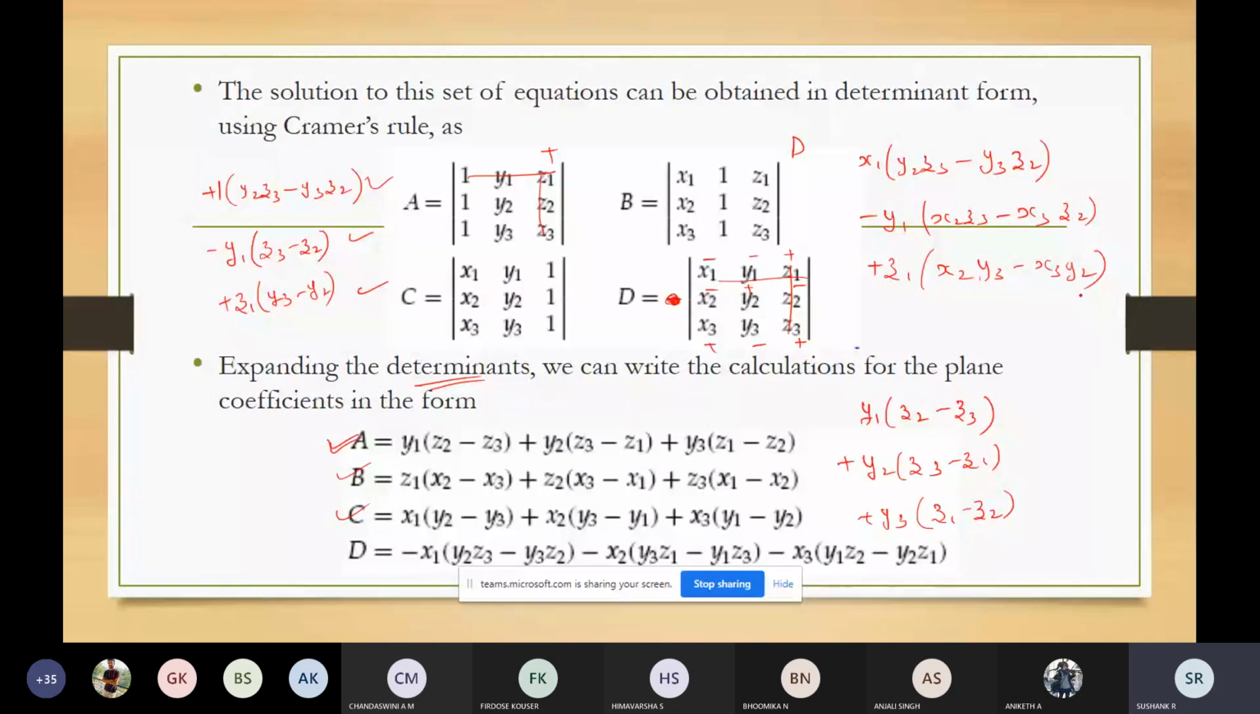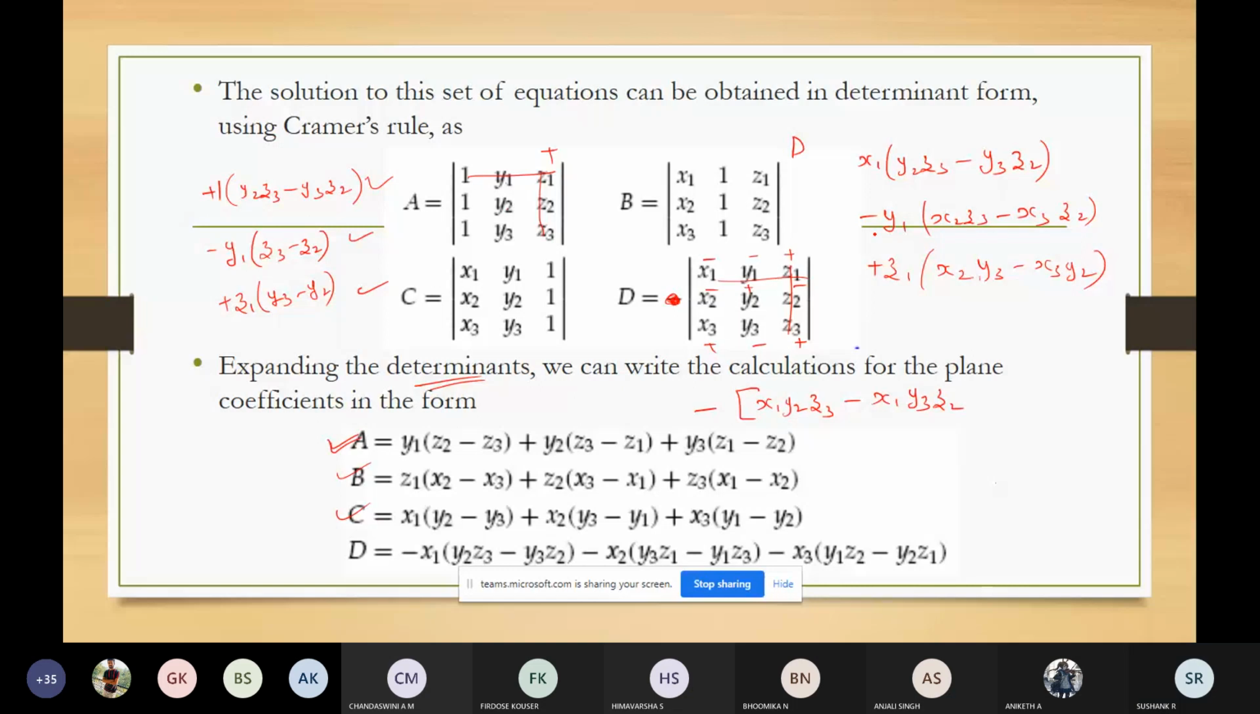After this, you just multiply this. You multiply this, you'll get x1 y2 z3, and here x1 y3 z2. So I'll do that part also. There is a minus sign here, so I'm just writing here. So I'll expand x1 y2 z3 minus x1 y3 z2